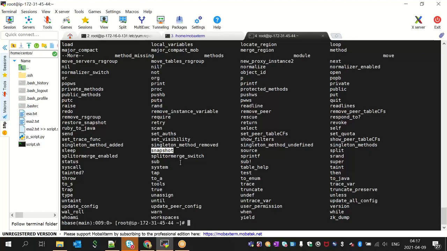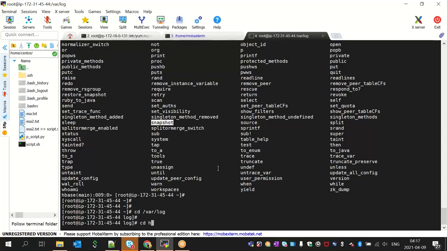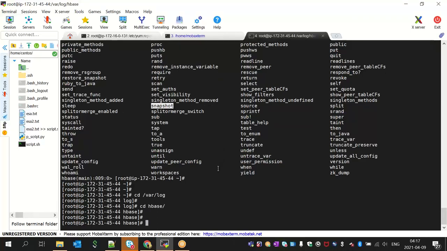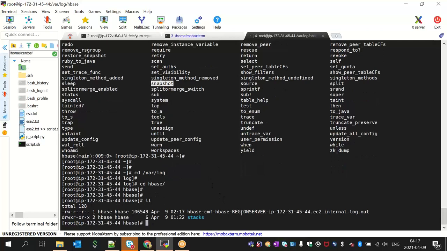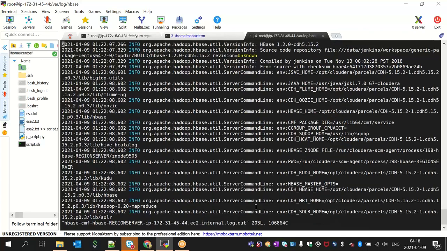Okay, so the next thing I want to show: if something is appearing failed over HBase, how will you troubleshoot? Every time, just like earlier for other services, you have to go to the var log. Within it, you will find the HBase. Right now only region server is running on this host. So let's say if something is wrong with my region server, I can check the log, check this file, and now